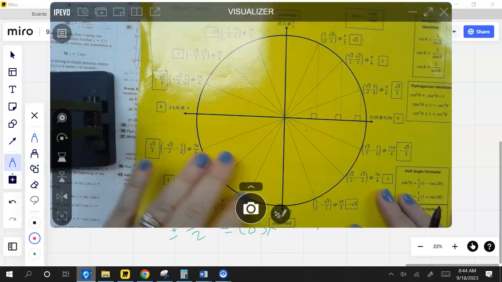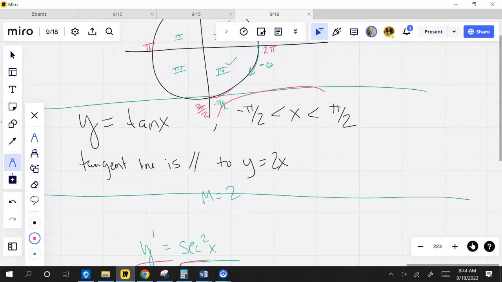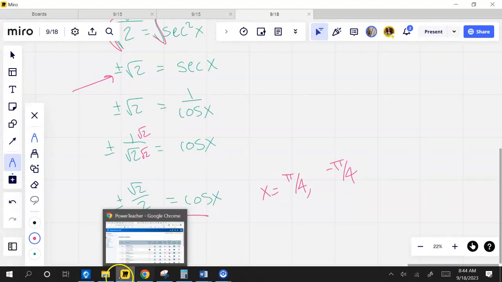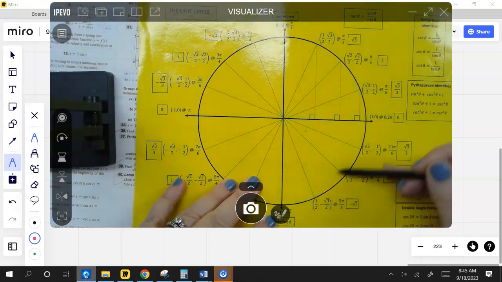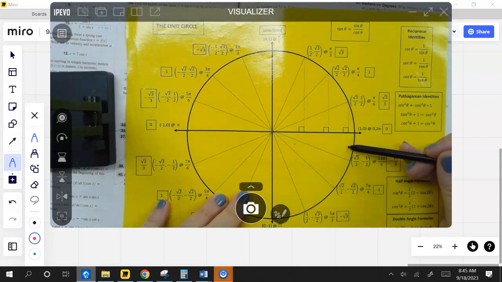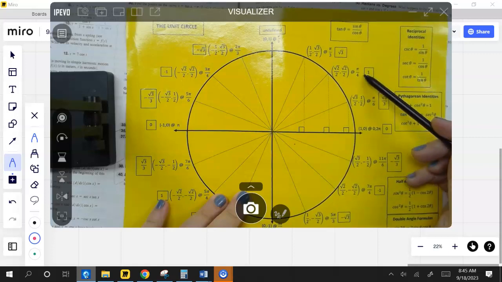So the question is, at this point, remember, I've got to stay in that same defined domain. It's telling me I've got to be between negative pi over 2 and pi over 2, right? So I come on my unit circle and I say, where's cosine, which is the x value? Again, where is the x value? Either positive square root of 2 over 2 or negative square root of 2 over 2. Pi over 4. And I'm not going to call this 7 pi over 4 because that's not in my domain, but negative pi over 4 is. So really it's plus or minus pi over